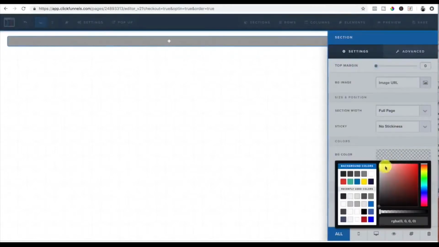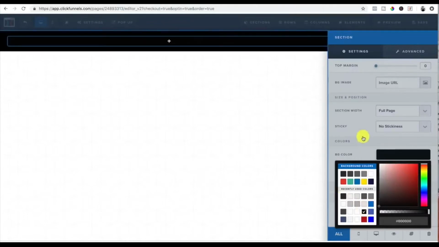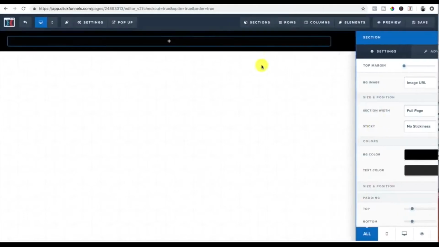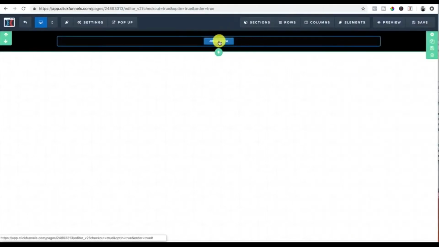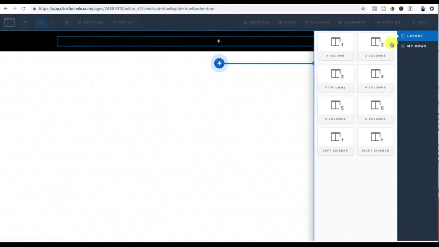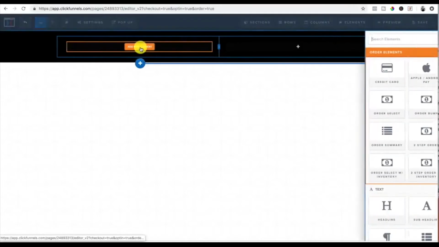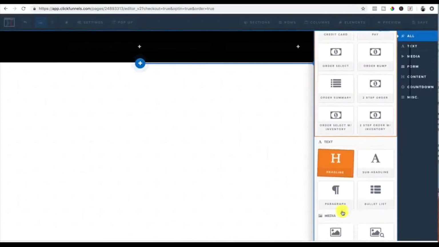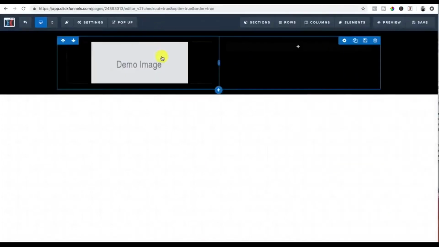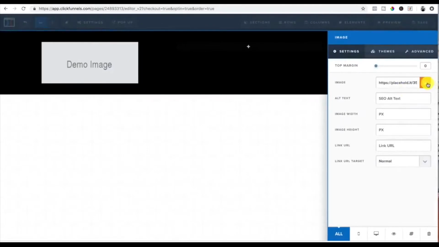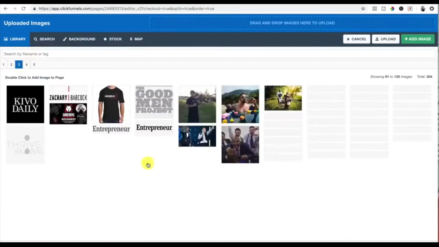So we just click on the gear icon, click on that, background color, and boom, now we got that. Now we got to add a row so we can actually add elements inside of the row. I always pick 2 columns for the top one, and then I go in to add my element, pick a little image, boom, click on the image, add my logo to it,